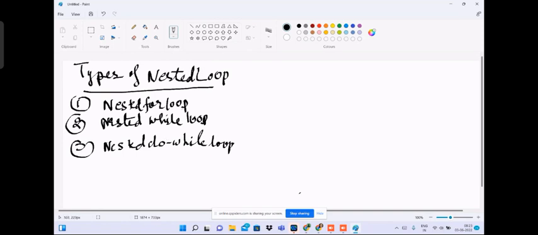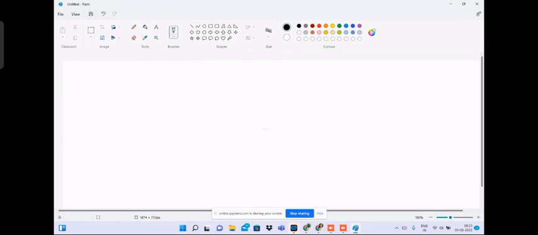Yes, let's see what the nested for loop is. Should I change the page? It's okay. You all have understood this? Okay, so let's see what a nested loop is. Here I'll just draw one program for the explanation. Then we can do it in the